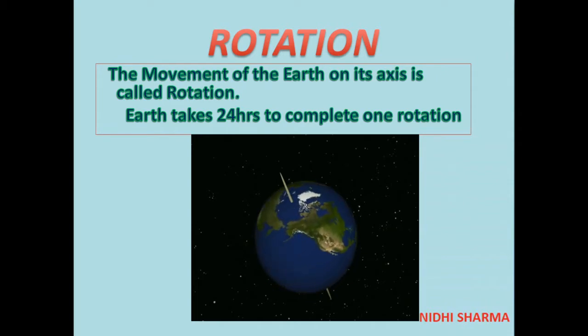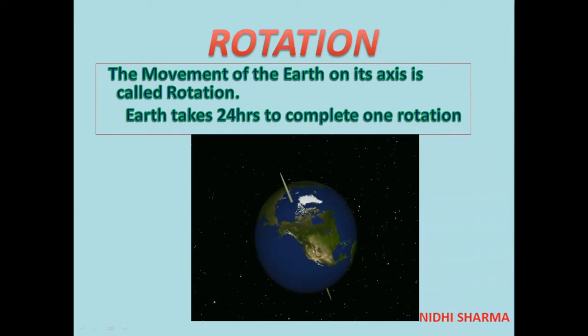Now, we will understand it with the help of this picture. This is the axis, this is an invisible axis, and the earth is rotating on this axis from west to east. And to complete this rotation, the earth takes 24 hours or 1 day. So, what is rotation? The movement of the earth on its axis is called rotation, and earth takes 24 hours